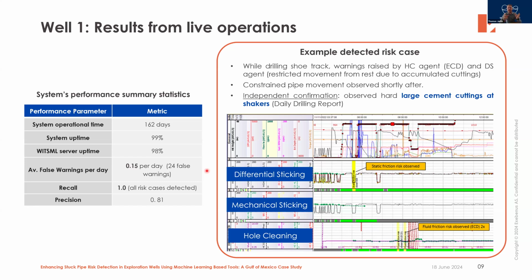They adjust the sensitivity to not get too many false warnings, or as few as possible, but also keep the system as sensitive as possible to flag all the risks. On the right side, I would like to show you one of our risks or nearly stuck pipe events